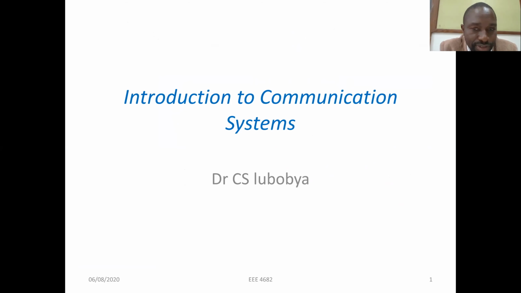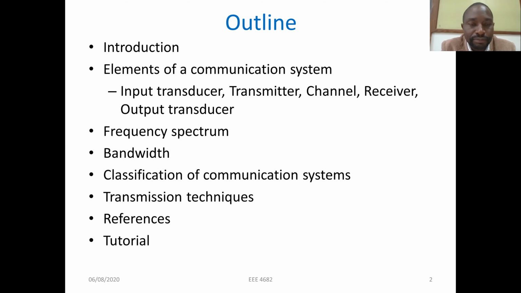This is a course in basically looking at communication systems. And our first lecture, which is Introduction to Communication Systems, we'll look at the following issues. We'll look at a brief introduction to the topic. We'll look at the elements of the communication system, the frequency and bandwidth, classification of these communication systems, and some of the transmission techniques adopted in these